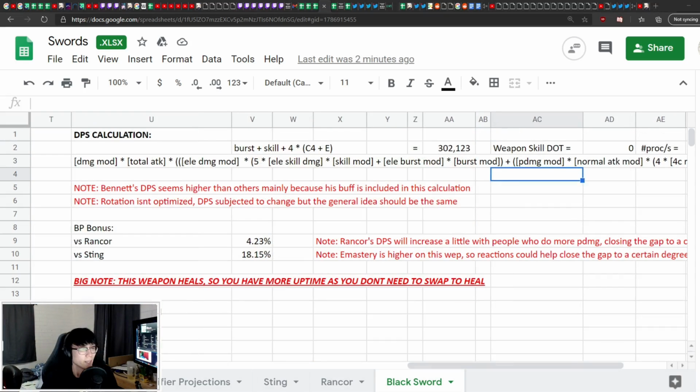And for the Black Sword calculations, we ended up using Bennett as he was a lot more accessible than Kaching, and Kaching has a lot of formulas and testing done on her. For Bennett, we ended up using the rotation of Burst skill into Elemental skill into C4 or 4 auto attacks into Elemental skill. We repeated the auto attacks into Elemental skill chain 4 times over to end up with a